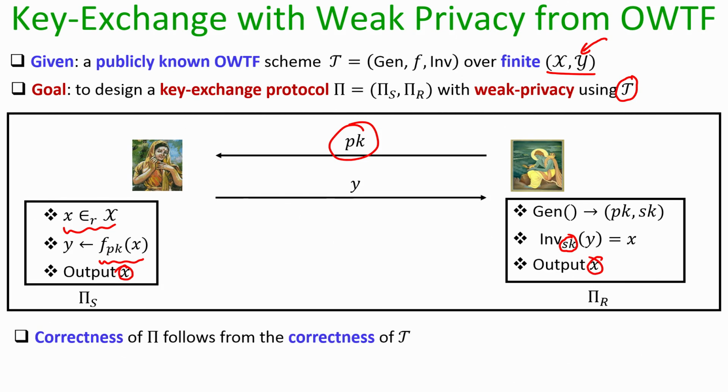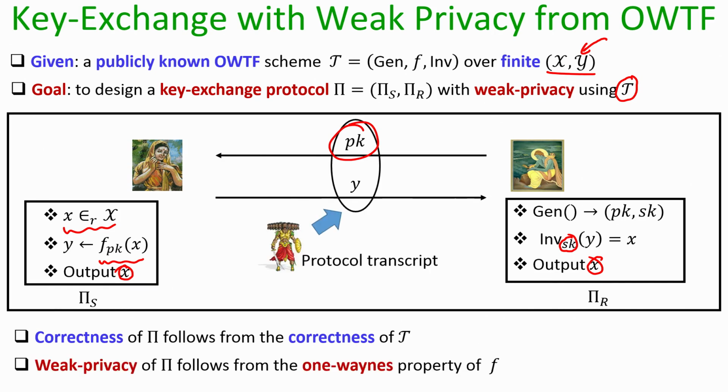Now, the correctness of this key exchange protocol automatically follows from the correctness property of the one way trapdoor function scheme, because we are in the passive world, so the copy of the pk which has been communicated by the receiver to the sender will be an authenticated copy. It will be the same pk which the receiver has generated, and the corresponding sk is used by the receiver to compute the inverse of y under the secret key sk. So, the correctness of this whole key exchange protocol follows from the correctness property of the underlying trapdoor function scheme,